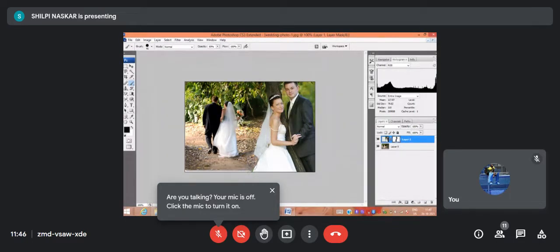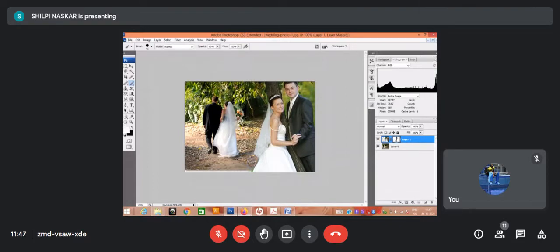Just press X and the original will come back. Okay? So these are the steps for layer mask. Okay. Next is vector mask.